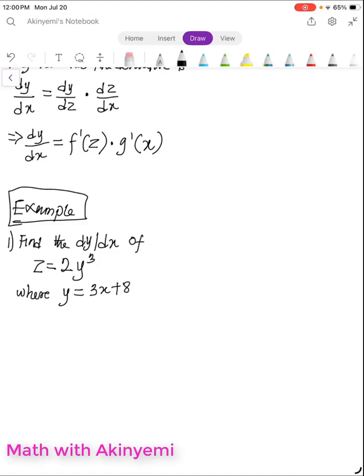So we are looking for dz and dx. So solution,